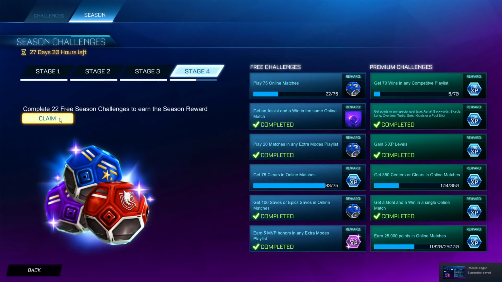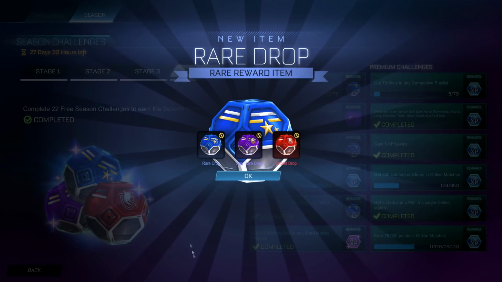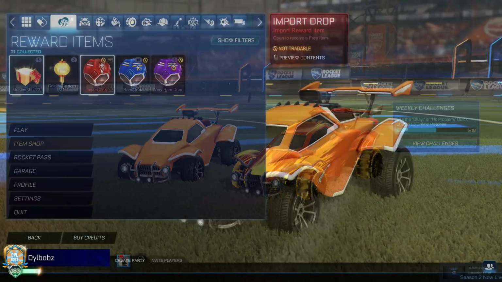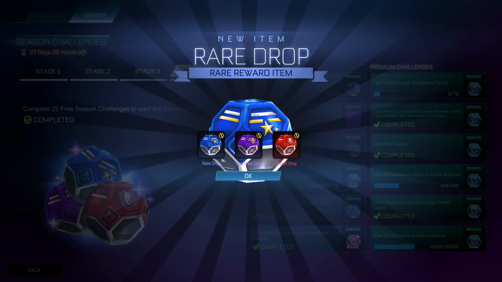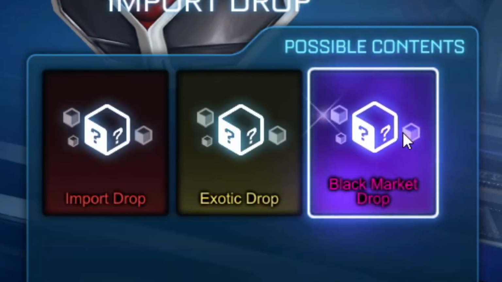So as the first YouTube channel to open an import drop on Rocket League in Season 2, I thought I'm an alright contender to tell you guys the fastest way to get your Season 2 challenge rewards on Rocket League. So, obviously, by completing at least 22 of the free season challenges, you'll get yourself some rare, very rare, and import drops. Now, an import drop gives you the chance to get a black market, and that's why people really like the import drop, along with the fact that you're guaranteed an import at the least,